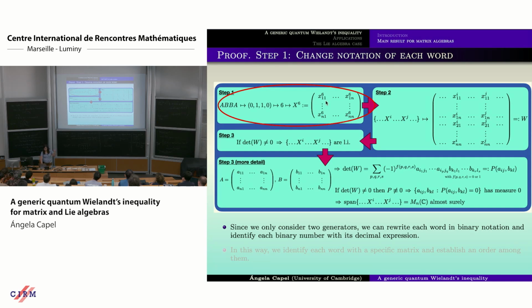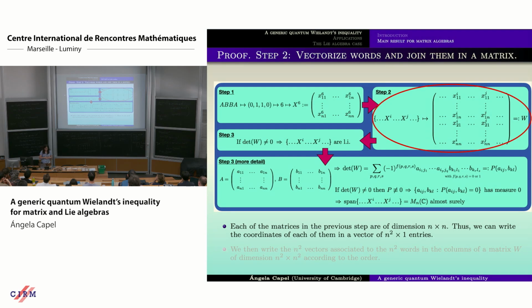And then we write the coefficients of the matrix as I'm writing them here. So we are just indexing them, all of them, like x to the 6, sub 1, 1 to 1n, and so on and so forth. So this is just so that we have a way of counting. And now we have this. What we can realize is that each of these matrices is of dimension n squared, which means that the number of coefficients that we have in each of the matrices is n squared. So we have n squared possible coefficients.